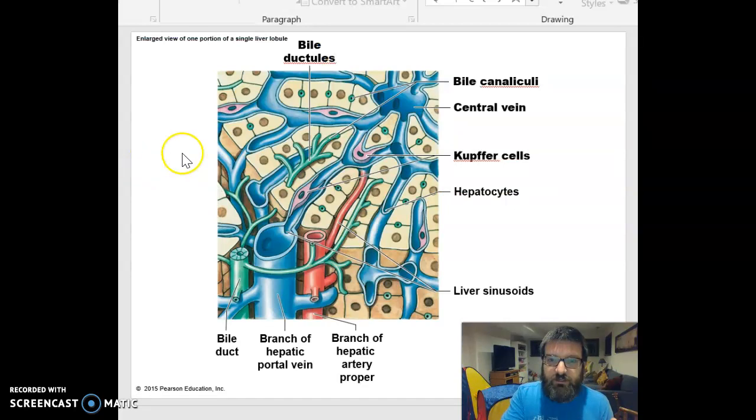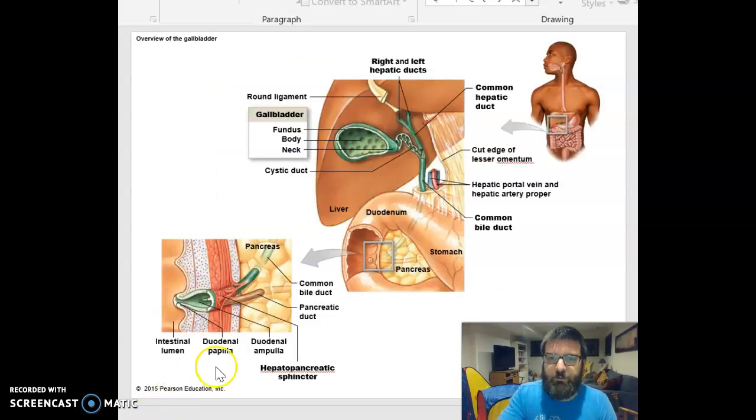So if you look at this, these little canaliculi dump into a ductule, which is too small to be a full duct, but it dumps into a full duct in the corner of each lobule. So your liver produces bile, and it comes out through the bile ducts into eventually a right